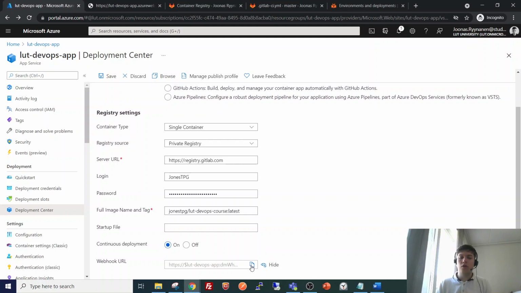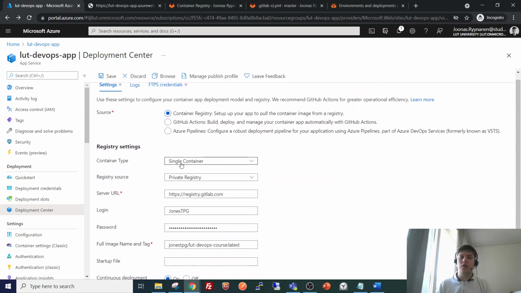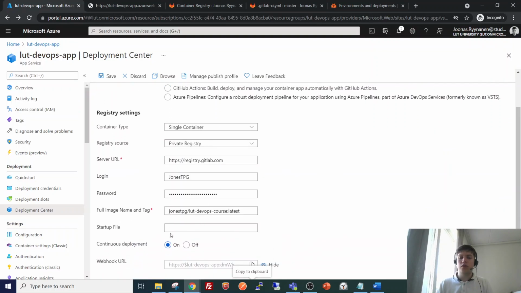So when this webhook URL is called, the deployment is rerun from Azure, so it refetches the application from this container registry. So we need to essentially call this webhook URL from the GitLab pipeline.